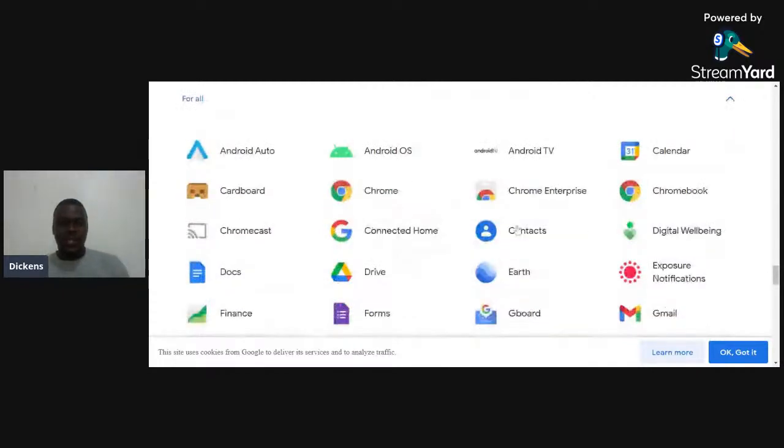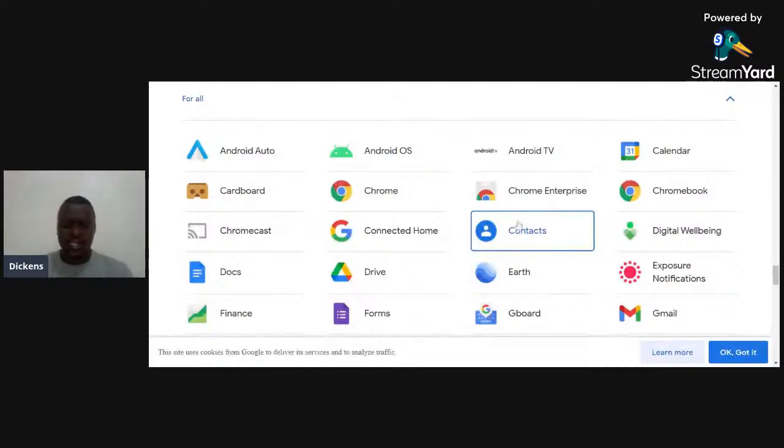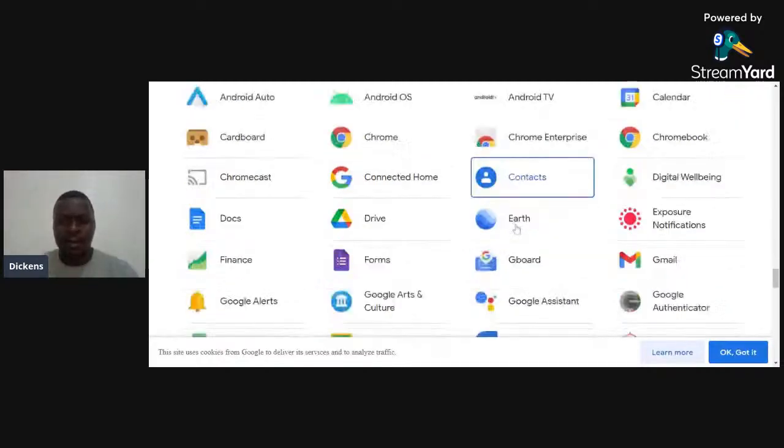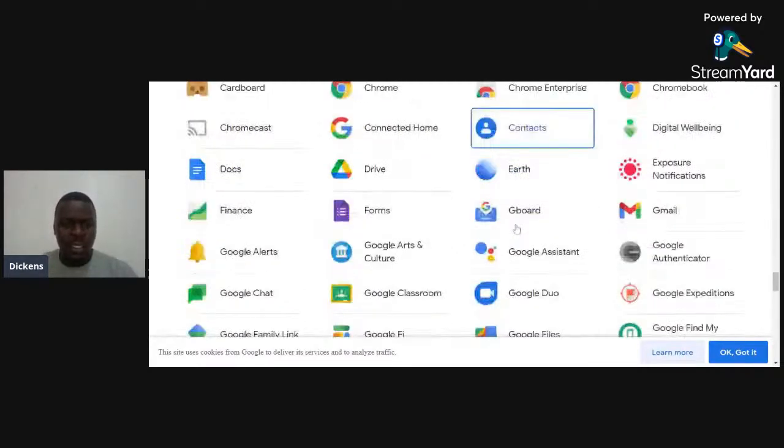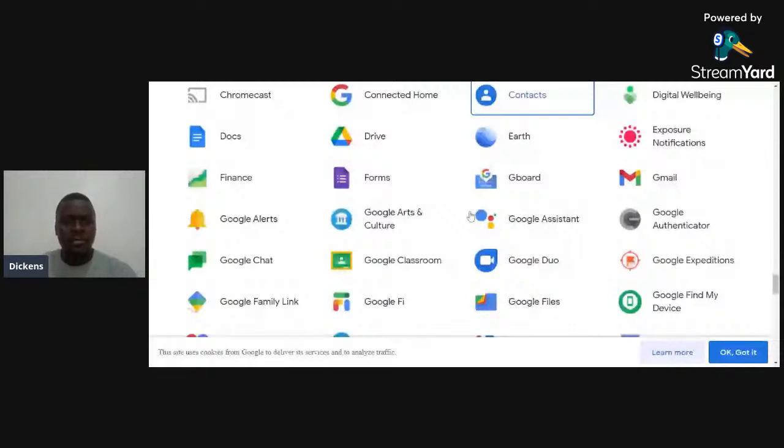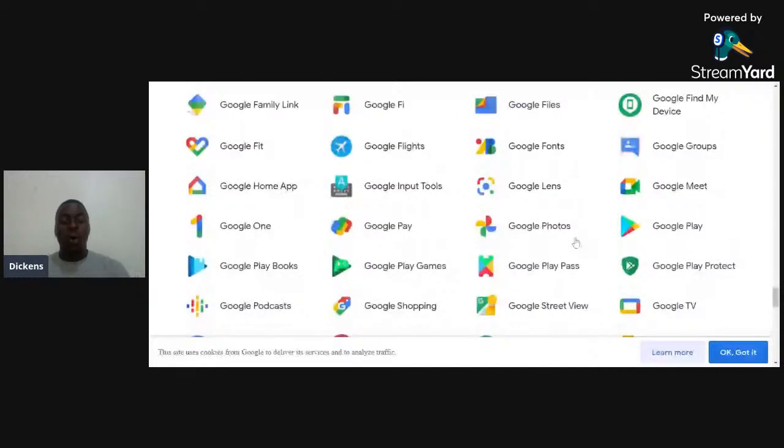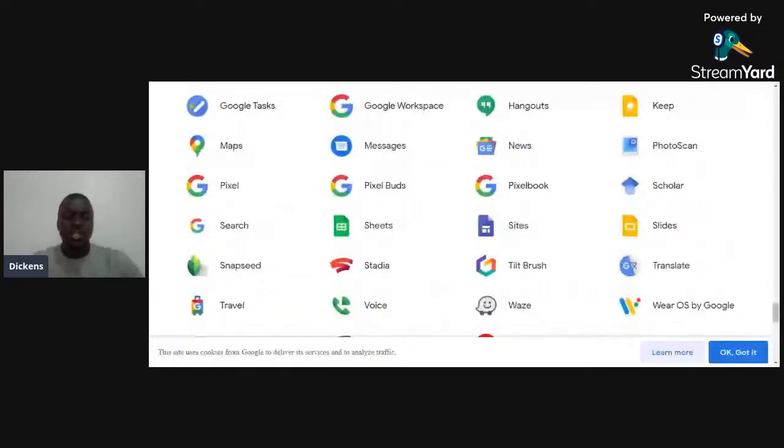Actually, this is also very important. You'll be able to see your emails and contacts from your device. They'll be automatically saved there. You can see Forms. We have Google Classroom. We have Google Chat. We have Hangouts. We have Google Play Store. We have Google Drive. So all these are features, ladies and gentlemen, but I've chosen to discuss a few that